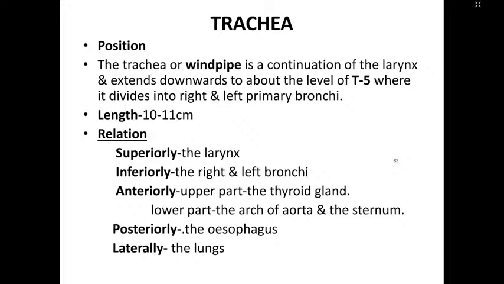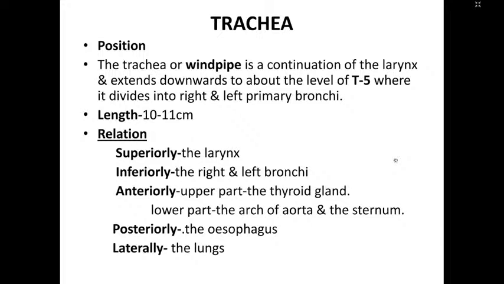Anteriorly, upper part, there is a thyroid gland. Okay, so you must have palpated. You must have been taught how to palpate the thyroid gland. You are asked to tell the patient to swallow and insinuate your finger into the suprasternal notch and feel. So the trachea is also there, because when we do tracheostomy, that is the point where we do the tracheostomy. So this is applied anatomy.